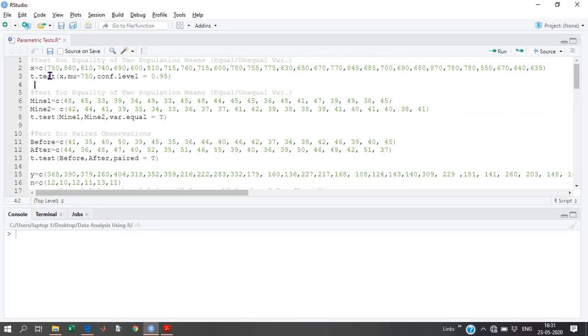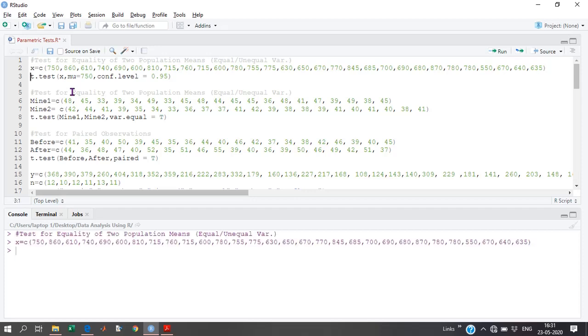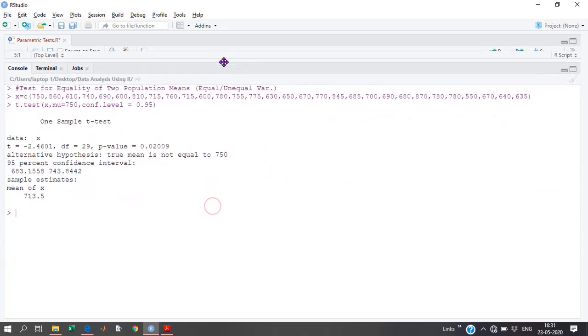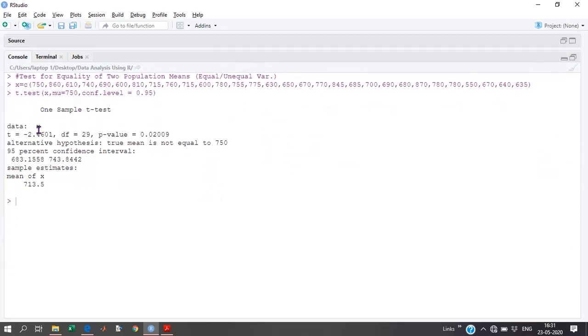Moving forward, here are our X values, the salaries of those students. Let's run this, control enter. The command is t.test, X, mu, and confidence level 0.95. Okay, now we got the result. Look at this label: one sample t-test.